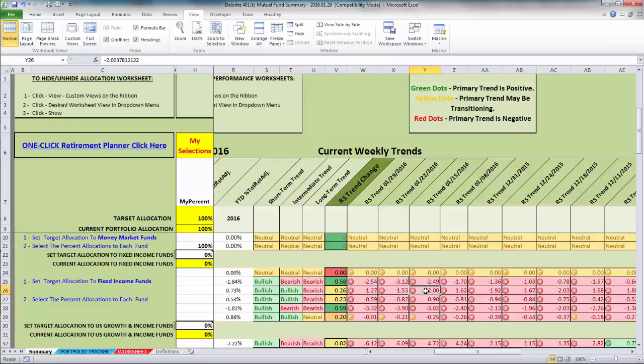So this is a good indication, as well as these green lights showing that the short-term trend and the intermediate have turned bullish here. So these may be funds that we would be looking at first to get back into